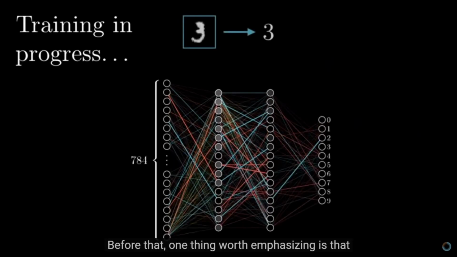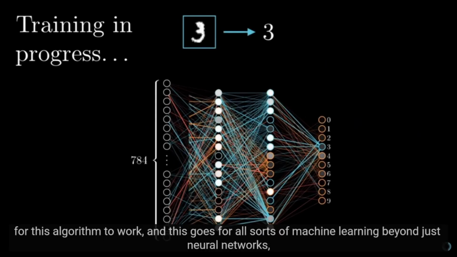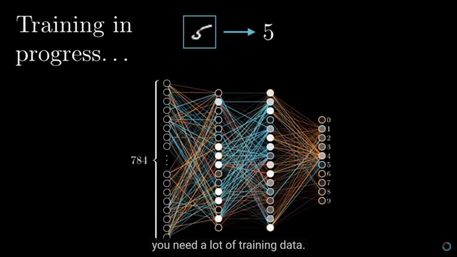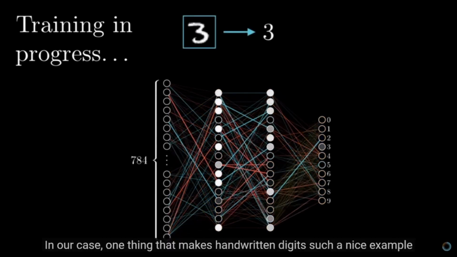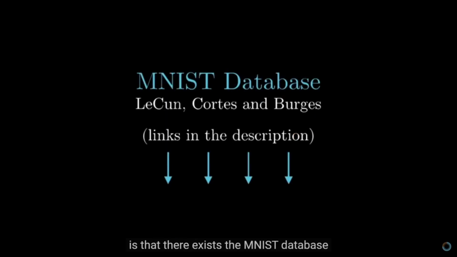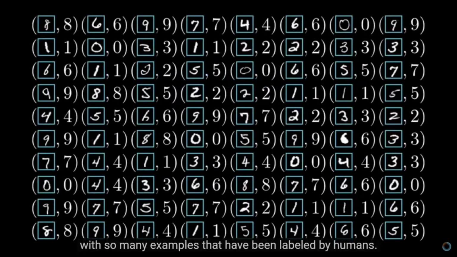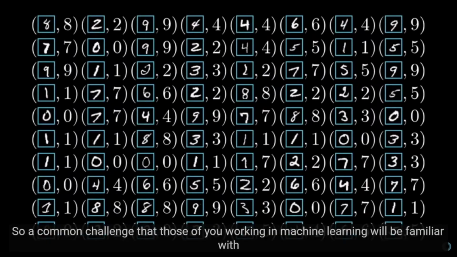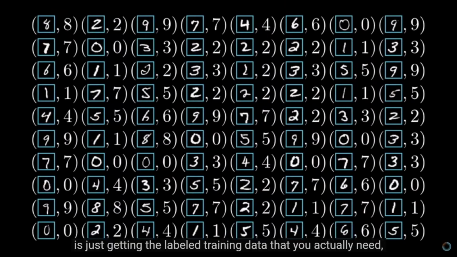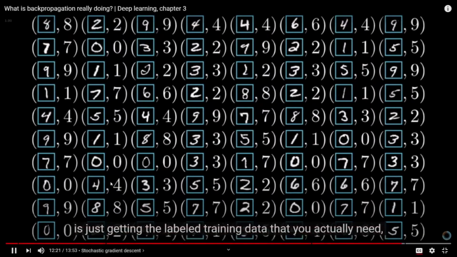Before that, one thing worth emphasizing is that for this algorithm to work, and this goes for all sorts of machine learning beyond just neural networks, you need a lot of training data. In our case, one thing that makes handwritten digits such a nice example is that there exists the MNIST database with so many examples that have been labeled by humans. So a common challenge that those of you working in machine learning will be familiar with is just getting the labeled training data that you actually need, whether that's having